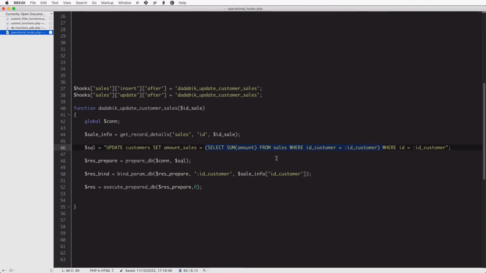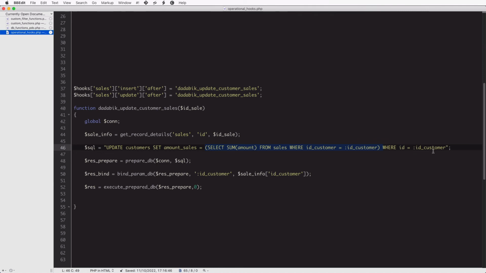For the moment, let's forget this. We will replace this with a value. But which customer? The customer related to the sale we have just inserted or updated. So here we write where ID equal to :ID_customer.